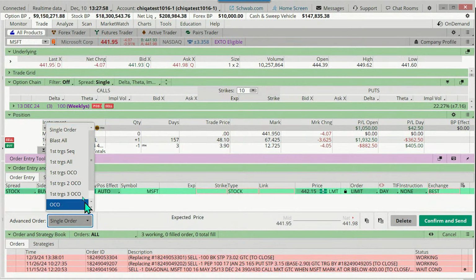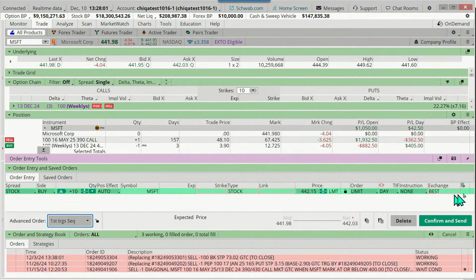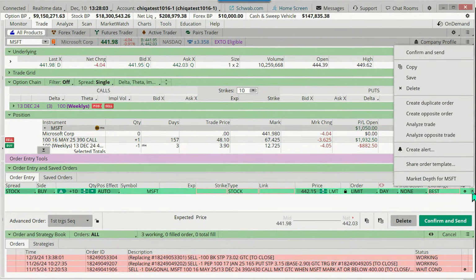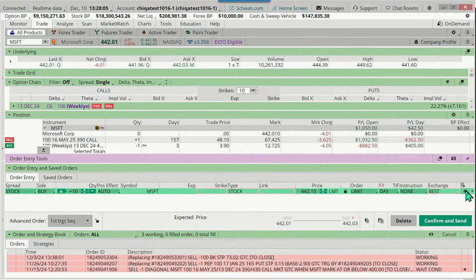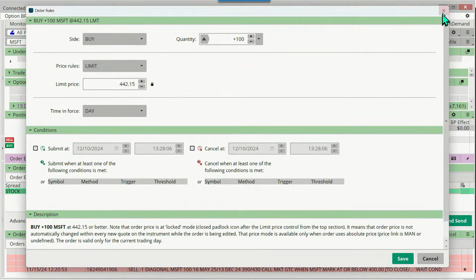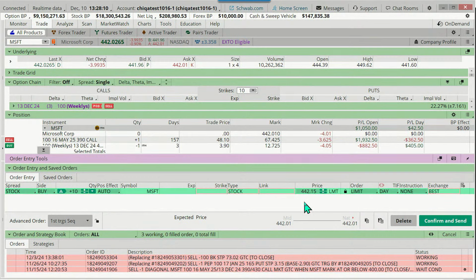Advanced order, first trigger sequence, and well, I'll come back to that. It'll come back to me as I'm thinking about it here, where we can pull up our saved order template. I don't know why I'm just drawing a blank here on this right now. But when I bring up that order template here, I can do that there. So anyway,